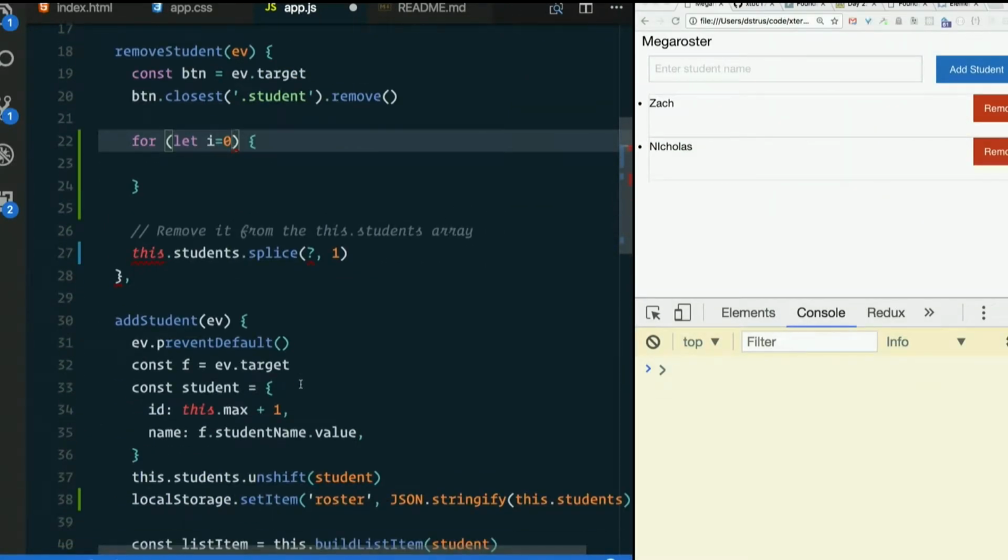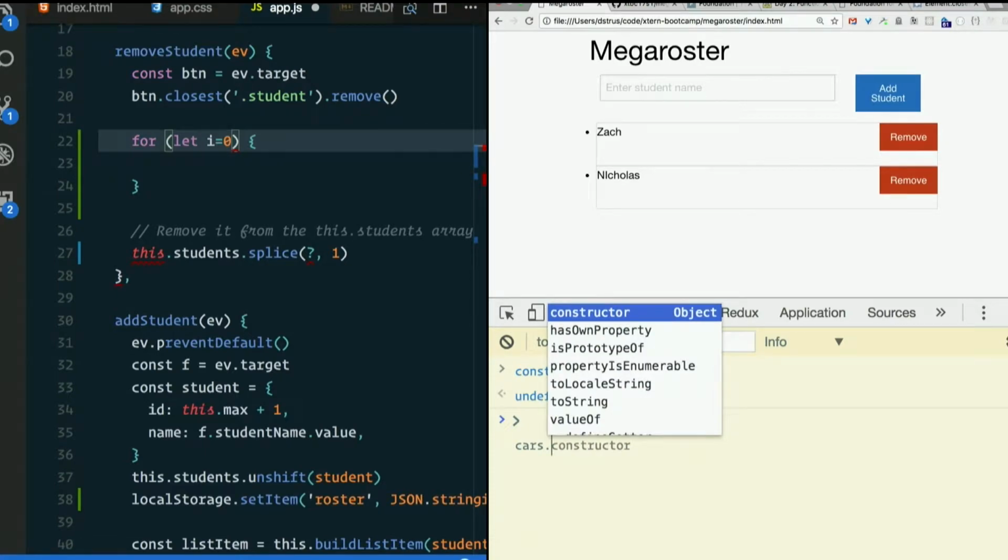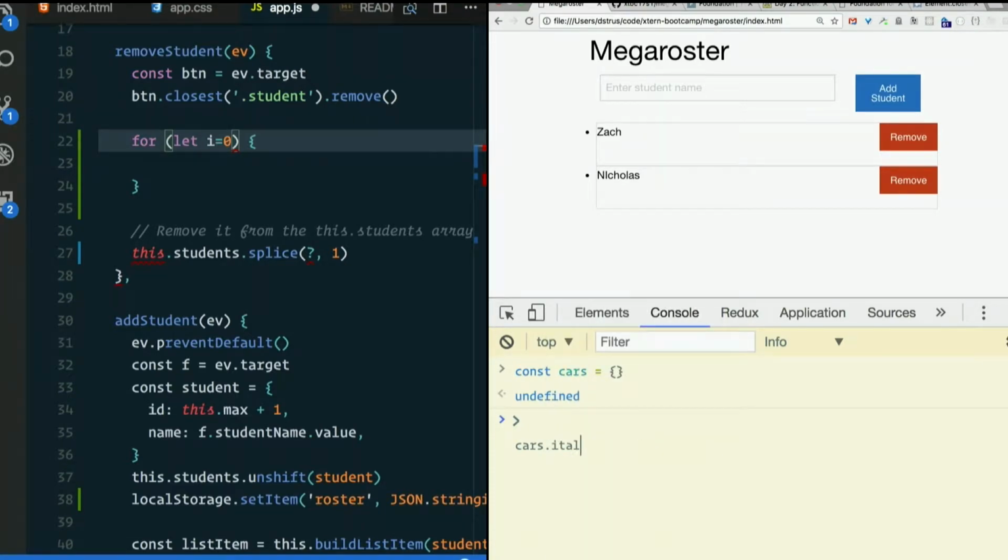Why let instead of const? Yeah, because it's going to be incremented. So it's not going to stay the same. But you may have noticed, we've done this lots of times. Const cars equals some object. Cars dot Italy equals Ferrari,